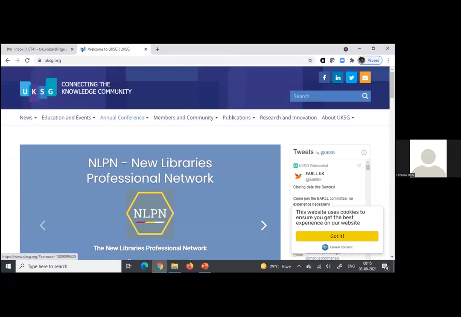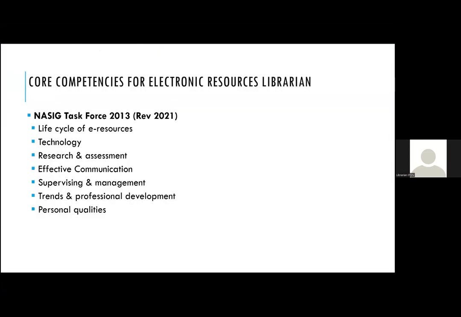And also they conduct a conference that one can attend, or at least follow what kind of papers are presented and talks are given. And as I said, NASIG had a task force set up in 2013, and they came up with the core competencies for electronic resources librarians, and that has been revised in October 2021.